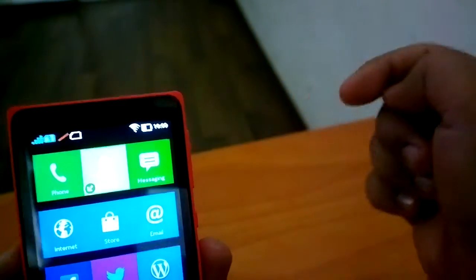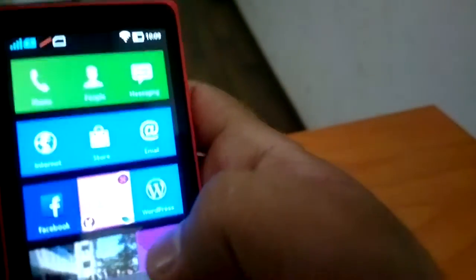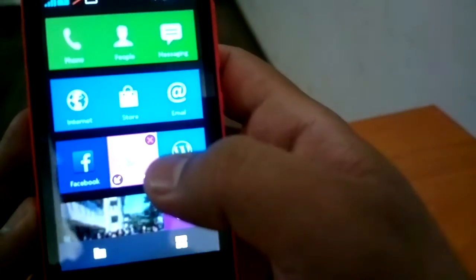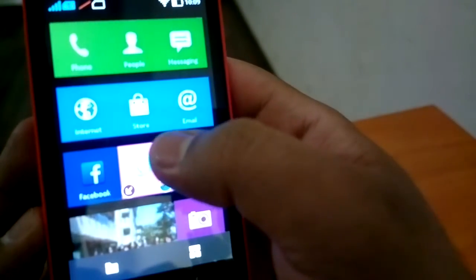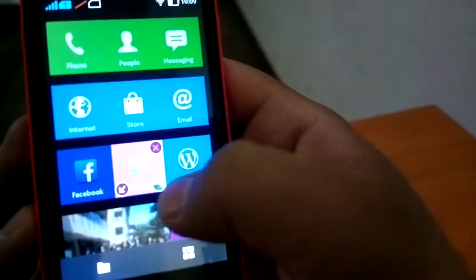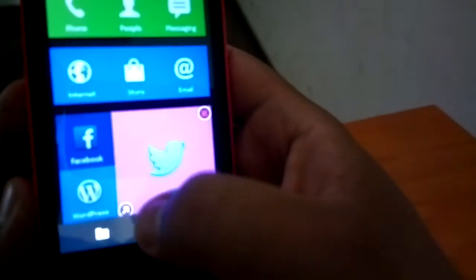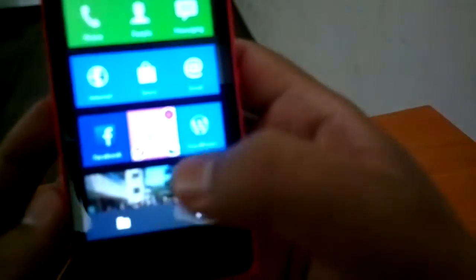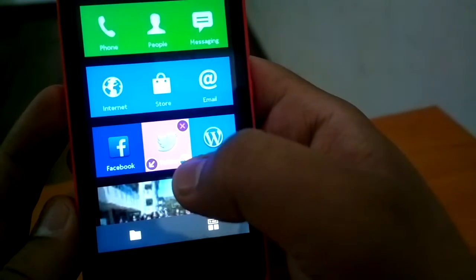But if you long press on a third-party application like Twitter, it shows you three options basically. One option enables you to uninstall this application. By pressing this, you can resize it. And the third option allows you to change the color.